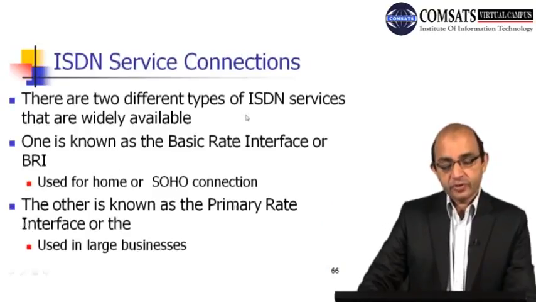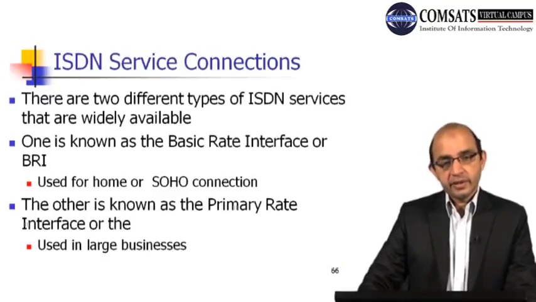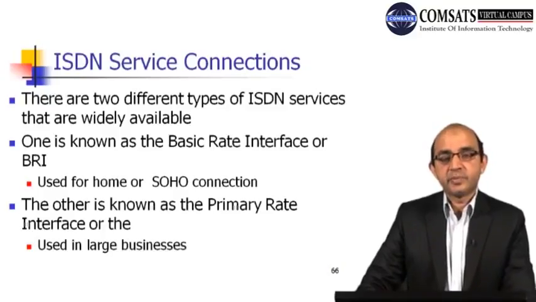So we have two different types of ISDN depending upon the requirement of the user and the scenario where we are going to use it, right? First is the basic rate interface, or BRI. That is normally used by a normal user and in small office, home office environments where we don't have very high data speed requirements. And then we have another type of ISDN, that is PRI, primary rate interface. This is deployed whenever we need high speed